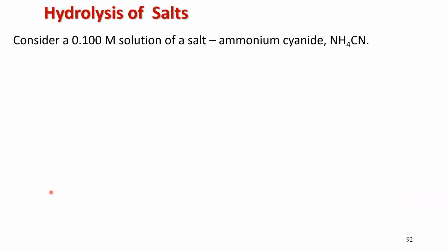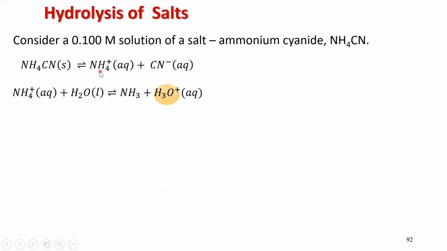So let's look at this scenario. We have 0.100 molar ammonium cyanide. Well, ammonium cyanide is a salt. It's going to break up into ammonium ions and cyanide ions. Well, here's the problem here. The ammonium ions are the conjugate acid of a weak base. So it will go through this hydrolysis process and produce hydronium ions. And cyanide is the conjugate base of a weak acid, so it will also go through this process and produce hydroxide ions. So how do we know whether it's acidic